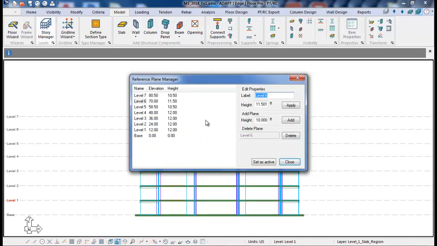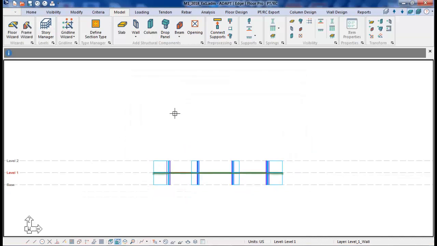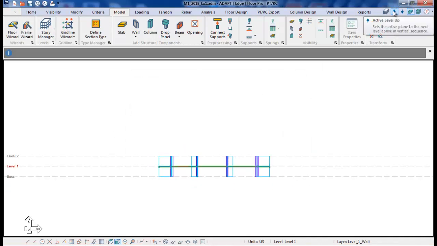So we'll go to Story Manager, and I'll go here to level 7, and I'm going to add 3 levels, and I'll change the name here to make it consistent with what we currently have. We'll say this is level 8. I need to apply that. This is level 9 and level 10. And I'll say close. And again, if I navigate vertically,